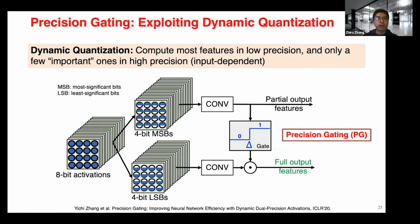This is where we apply the same idea of dynamic pruning or dynamic gating. The idea is that we want to run the network at low precision, or low bit width, as much as we can, and only run some of the compute at a higher precision in a few rare cases. This is pretty much the same principle we use for channel gating. Over here, instead of using a subset of input channels,